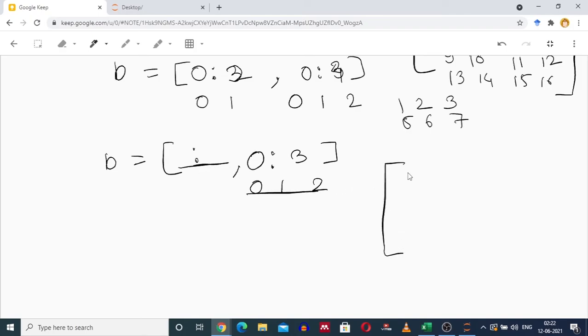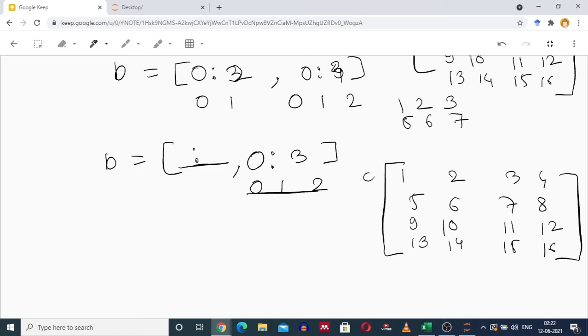So 1, 2, 3, 4, 5, 6, 7, 8, 9, 10, 11, 12, 13, 14, 15, 16. For all the rows 0, 1, 2, 3, you are selecting column 0, column 1 and column 2.